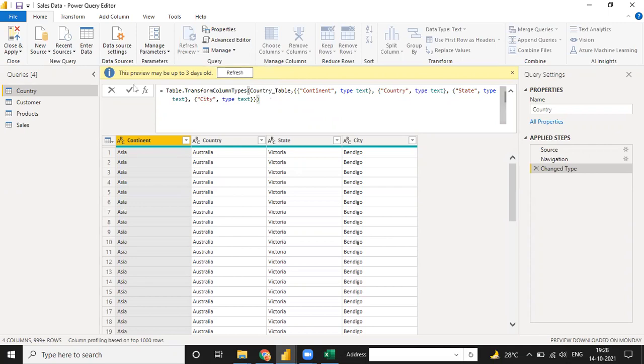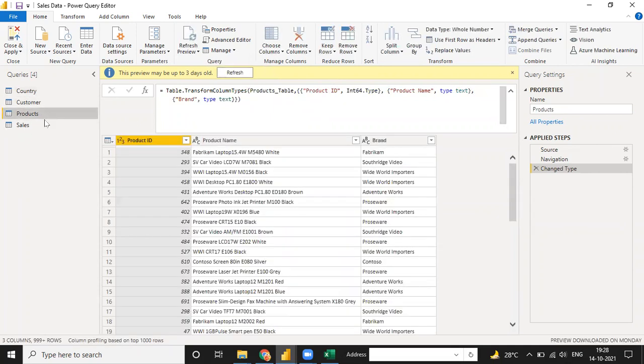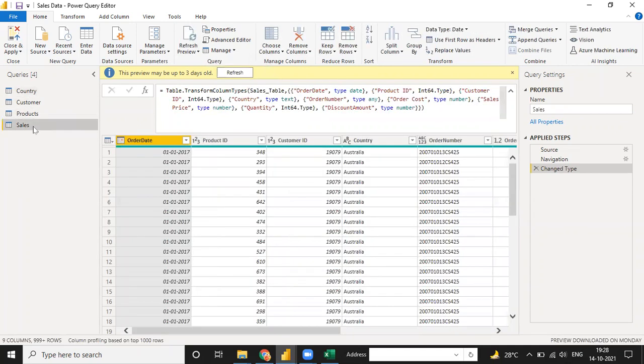Okay, so for every column, Power BI has written a SQL query for you, so that is the reason we use a SQL query. As well as when you put the sales name here, the sales is already here, and we have to connect. See, here are the applied steps.